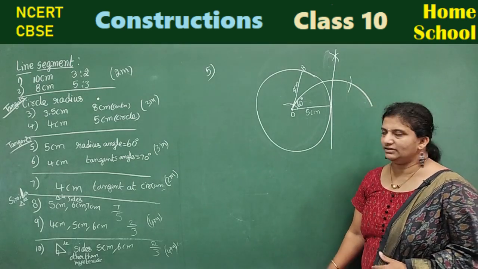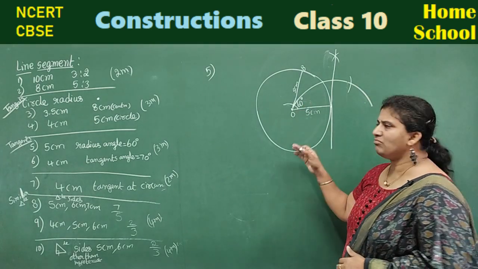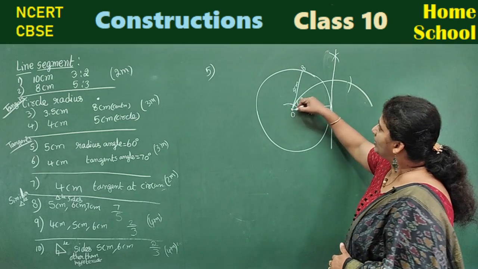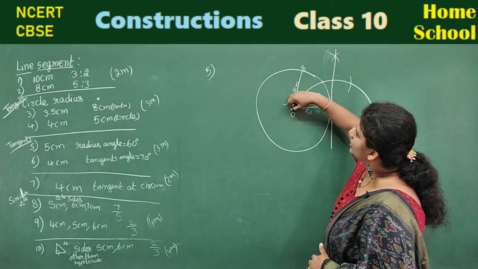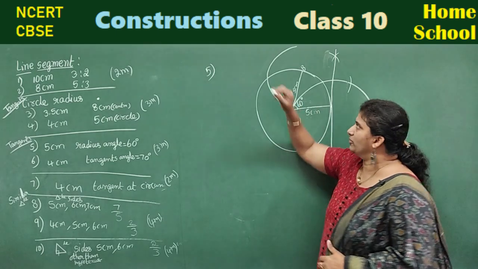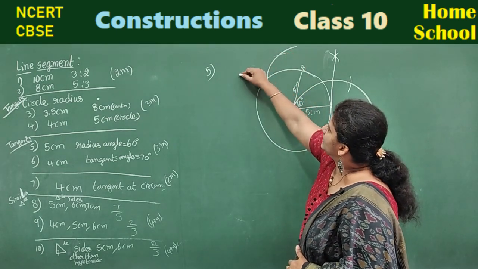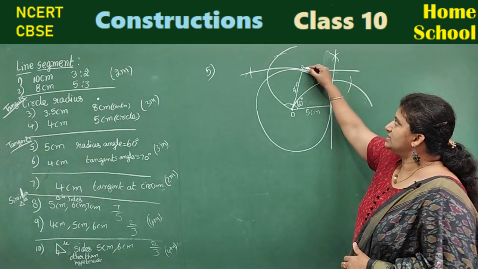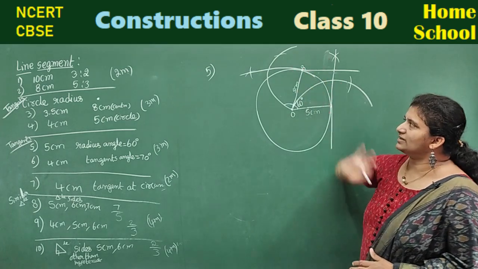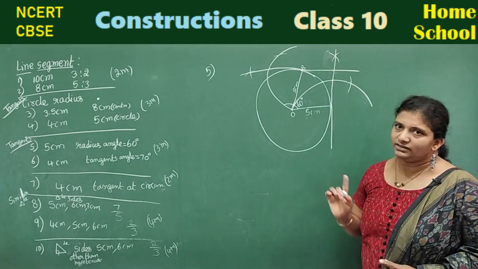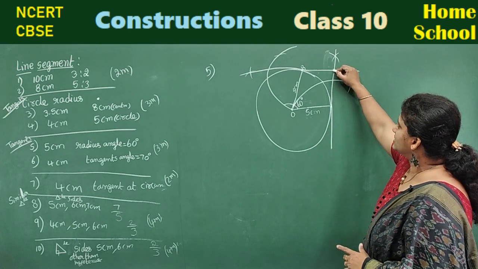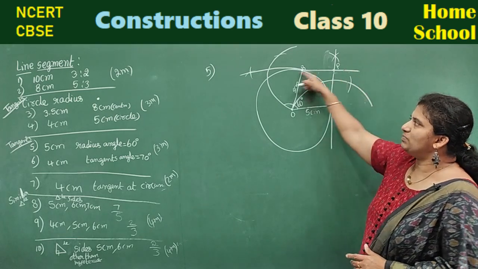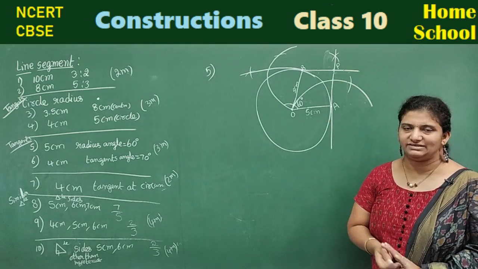This is your tangent. Same manner, you can do for this radius another tangent. Either you may do the semicircle this side, or you may do the semicircle this side also, no problem. So look here, again like this, you may get one tangent. Okay, so this is the point, only at one point it touches, children. That is called a tangent. So mark this point as A, and this is P. PA and PB are the required tangents.